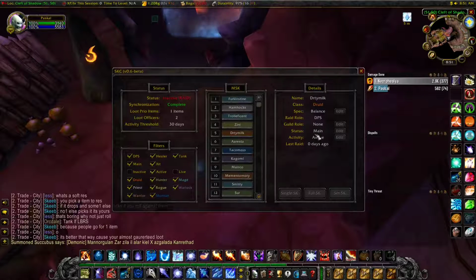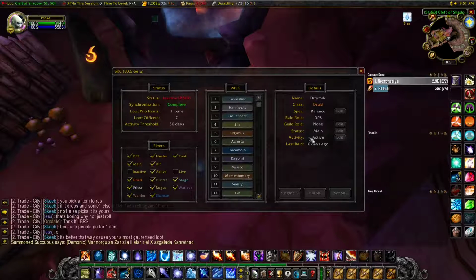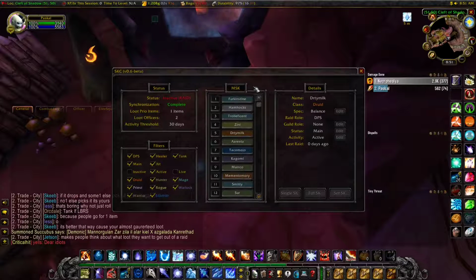Status is either main or alt. This again is used in the loot prio, so certain items can be configured to give prioritization to mains over alts. Activity, this is just kind of a convenience for the guild leader to keep track of like who's been active, and this activity is based on the last time you were added to a live list, which we'll talk about in a second, which is basically like you're in a raid and the